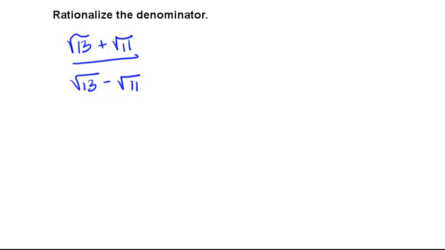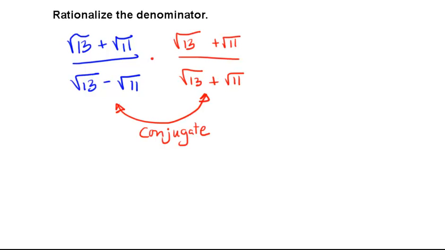Alright, I want to show you how to rationalize the denominator in this problem here. And what that simply means is we do not want to see a square root anywhere in the denominator. So we want to get rid of that. And the way to do that is to multiply both the numerator and the denominator by the conjugate of the